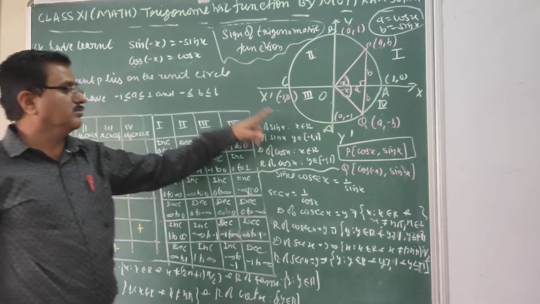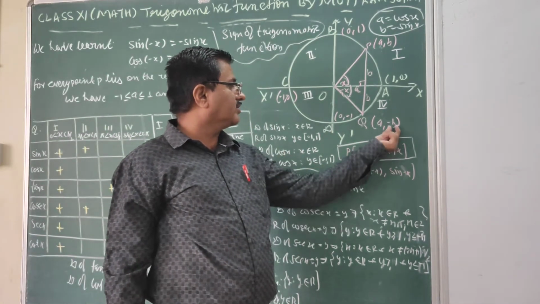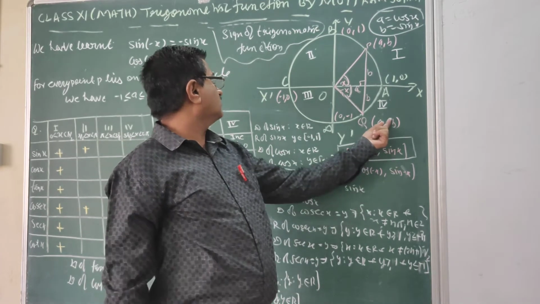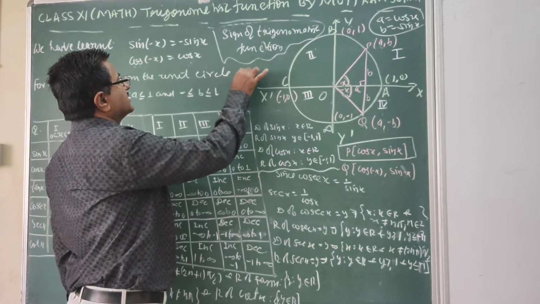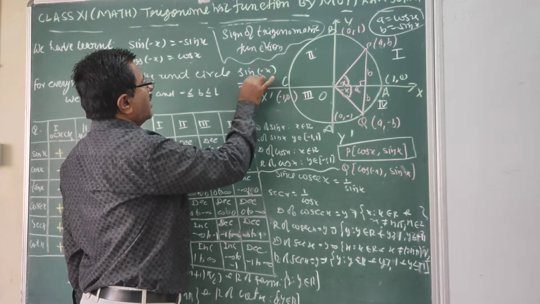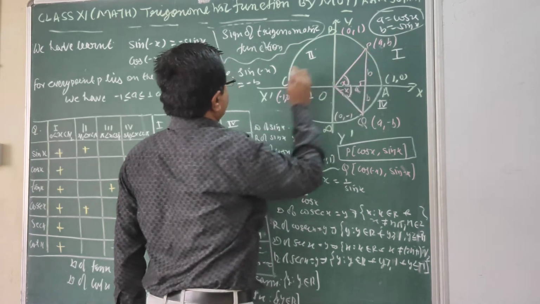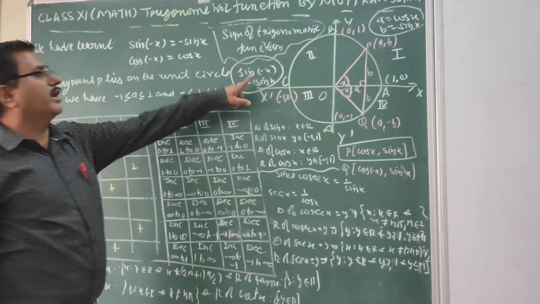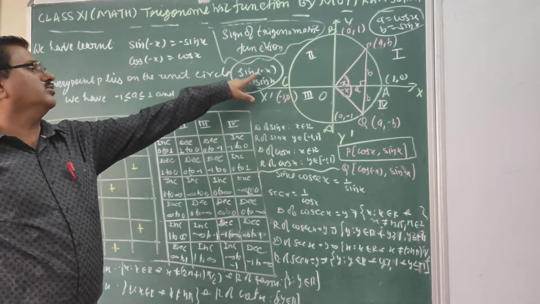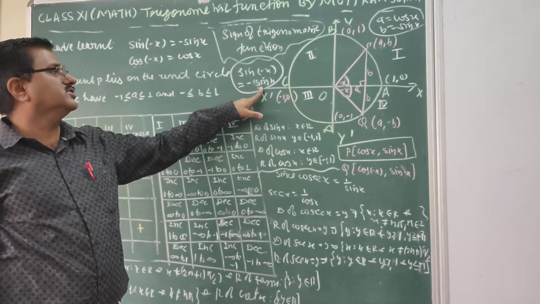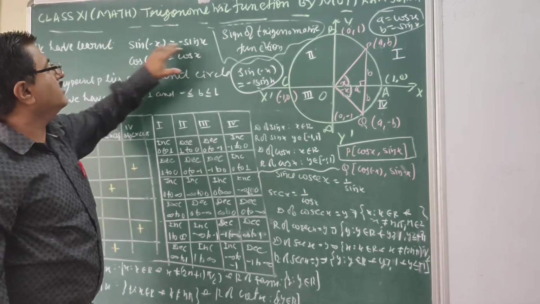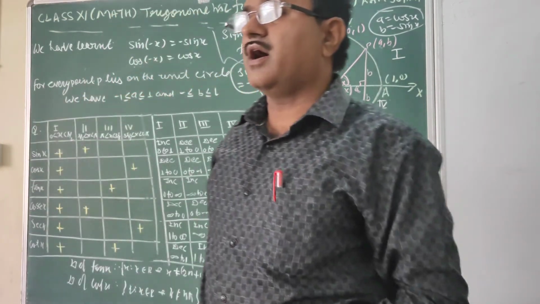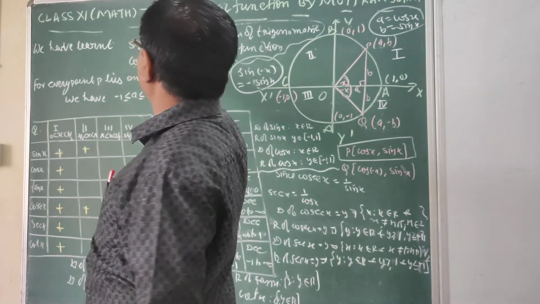Similarly, here sin of minus x equals minus b. So what do we get? Sin of minus x equals minus b. But b equals what? Sin x. So sin of minus x, or sin of a negative angle, will be minus sin x. This is very important. So if you know the sign of two trigonometric ratios, we can easily find the sign of the other trigonometric ratios according to the formula.